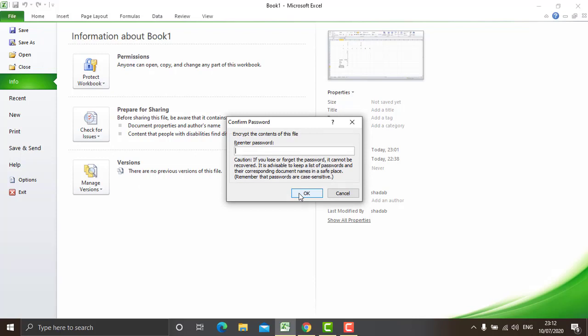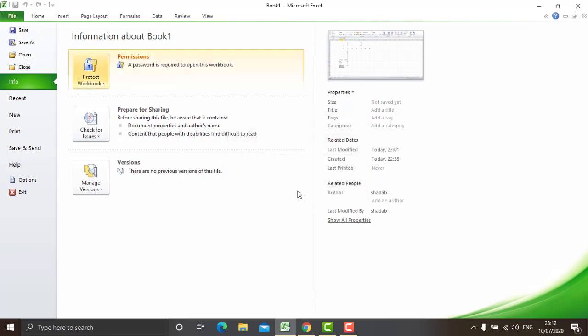It will ask again to confirm, so I write star1234 and OK. It says a password is required to open this workbook. So next time when you open the workbook, it will ask for the password to open it.